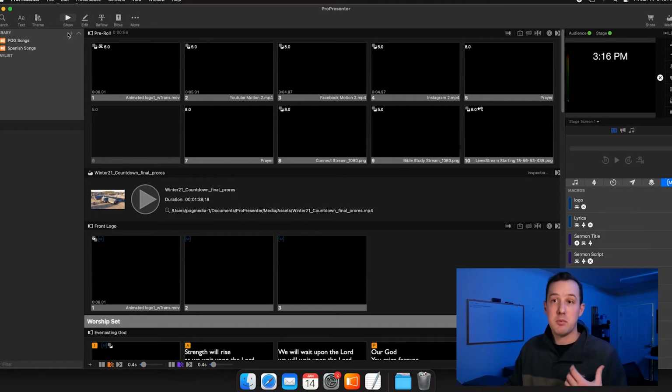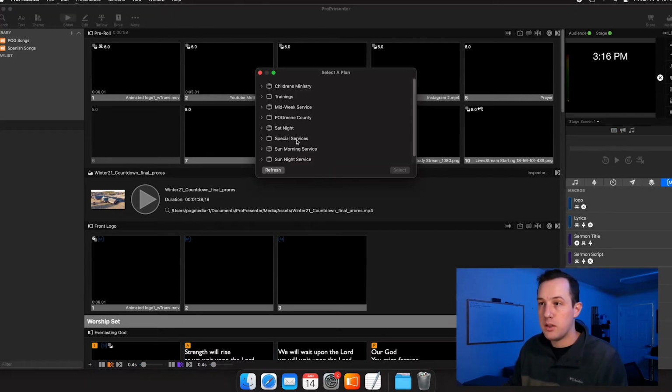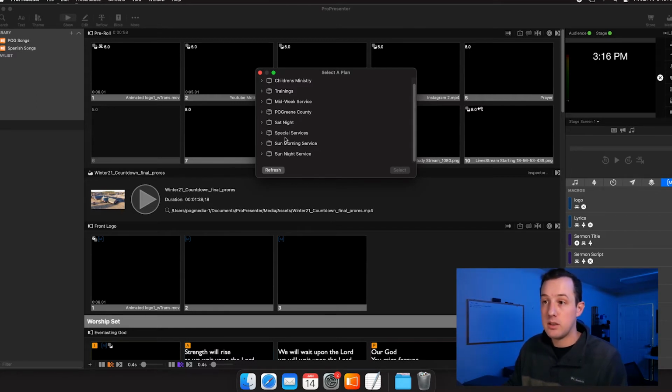The next step is pulling in the playlist for this service that we are using. We'll come up here to the plus sign and click on that, and we will click on Planning Center Service, which will open where we can select a plan, and we will come through and find whichever service we have. Generally, it's going to be under Special Services, Sunday Morning Service, or Sunday Night Service. Sometimes we will hit some of the other items in this list, but